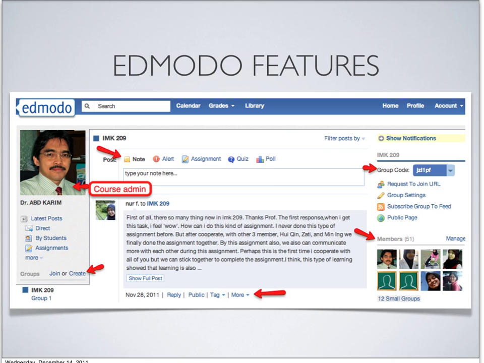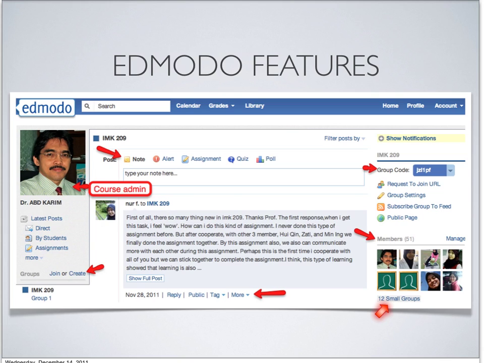And here, when you create a new course, for every course that you create, you will get a 6 character code, and this code is unique for this course, and you can share this code with your students so that they can register in the course using the code, and only those having the code can register and have access to the course.